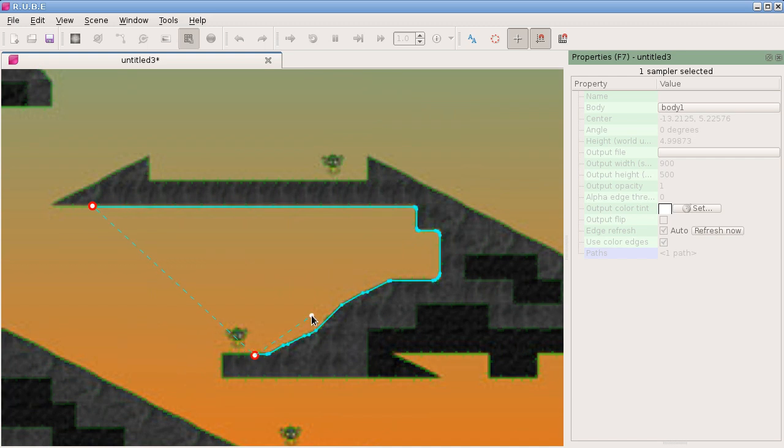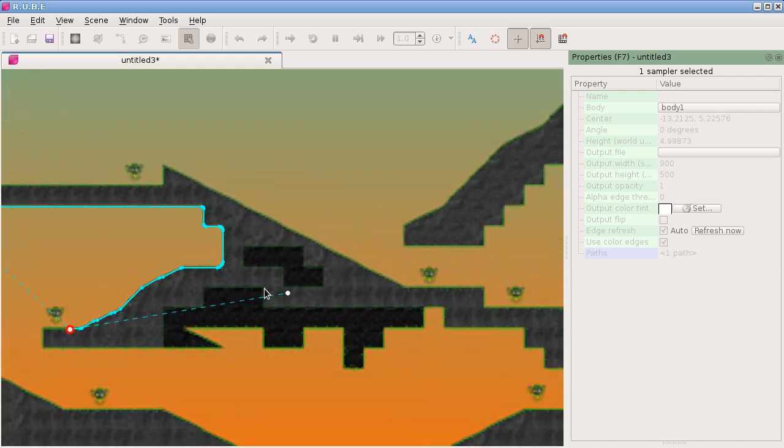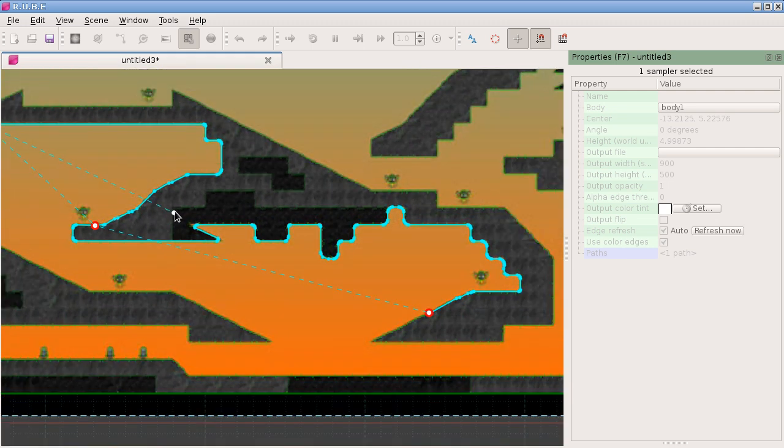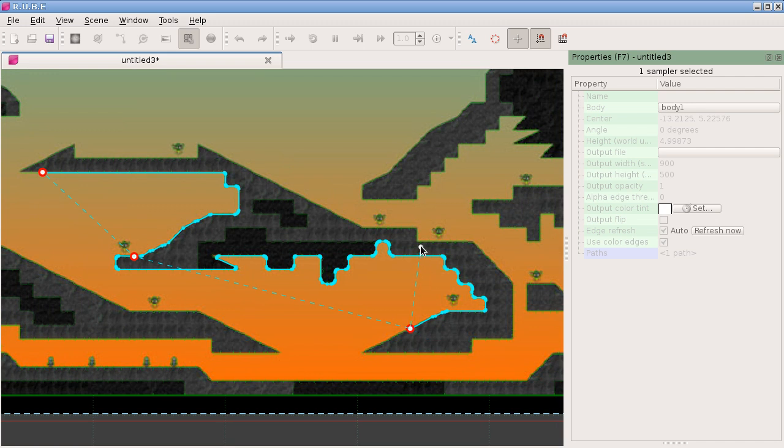So we're not actually using the alpha edges here, this is color edges now. And if the color edges are strong enough, we can do the same thing that we did before and get a fairly nicely generated